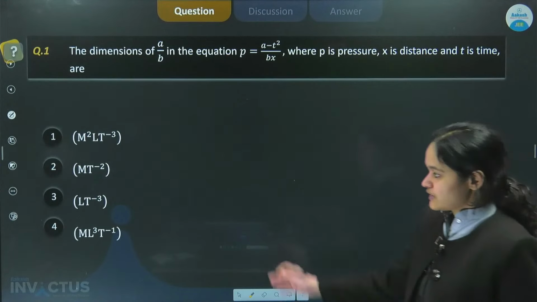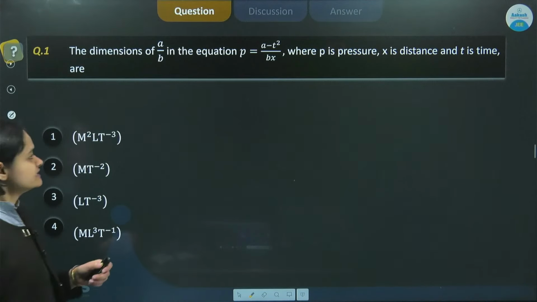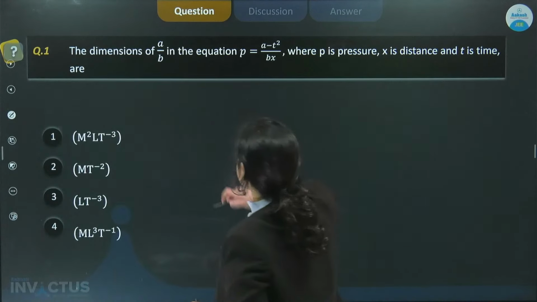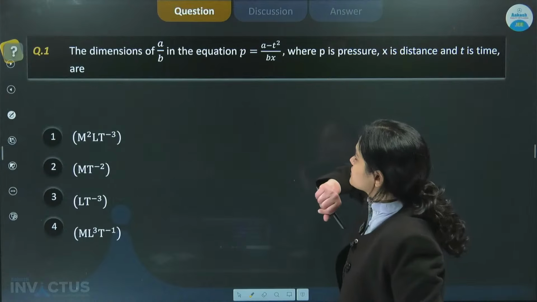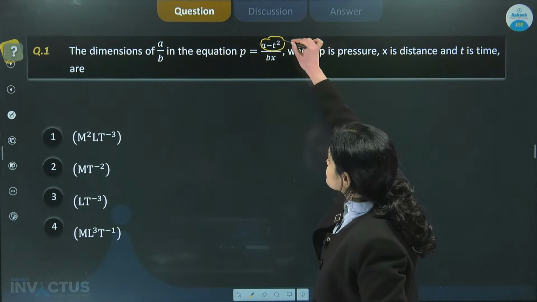As you all are aware of the pattern of the paper, we'll start with the question directly. The first question is, we have to find out the dimension of A by B. This is the equation given to us. If we look at the numerator here, its dimension must be